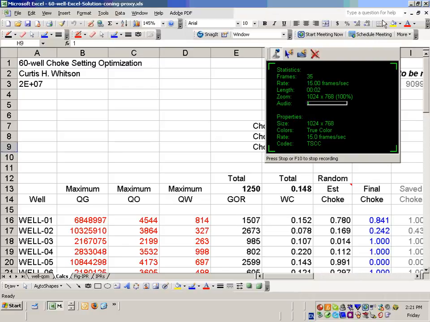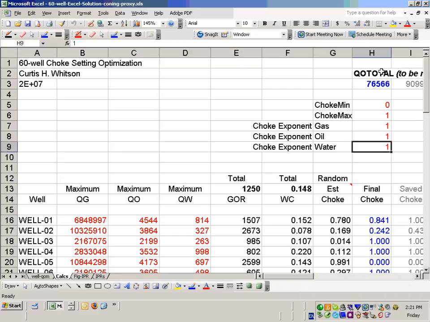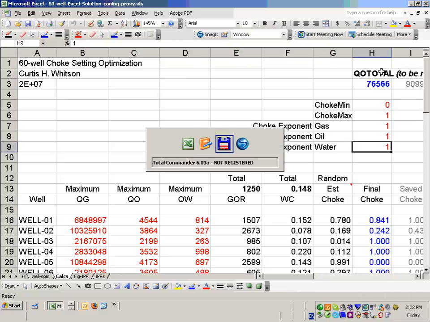So Bjarne introduced a discontinuity to create a nonlinear objective function instead of the linear problem, by having the choke go to 0 if the value is less than 0.15. Instead, we're going to look at a different kind of nonlinearity in the same problem. And what we see here is the Excel sheet that you have